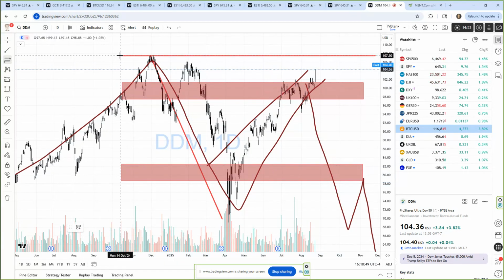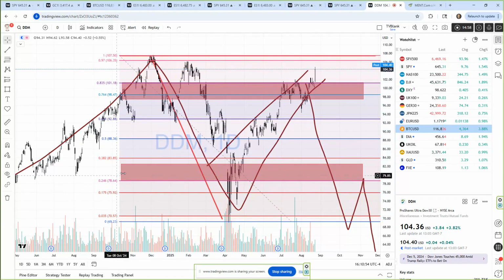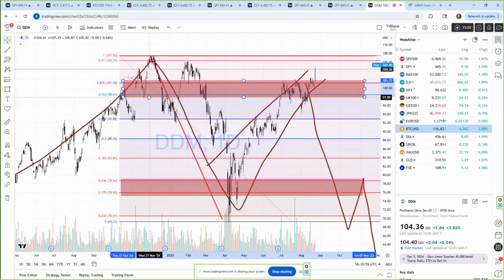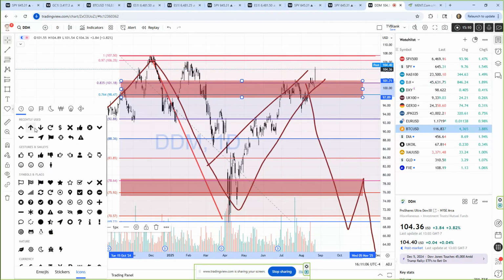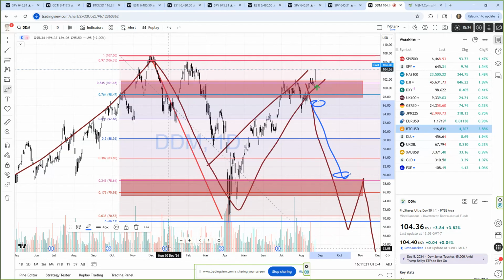Come from this high down to this low. Oh, I'm a little high over here and almost perfect right here. There's the defense level. Okay, so we've gotten back above the defense level, which technically is bullish. We stay above this level here, we're bullish. We get below this level, we're looking at a breakdown potentially to between these two levels. That's what the defense levels are all about. This is kind of like the sweet spot here.